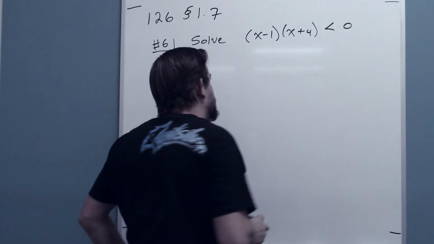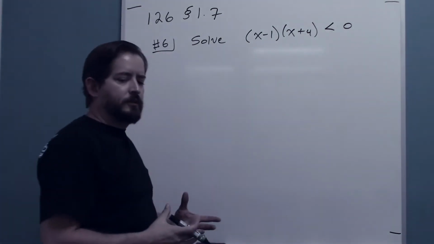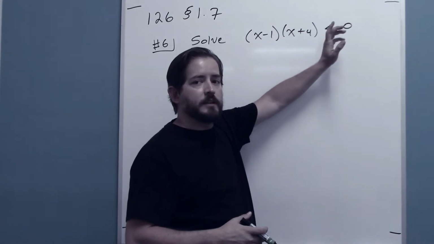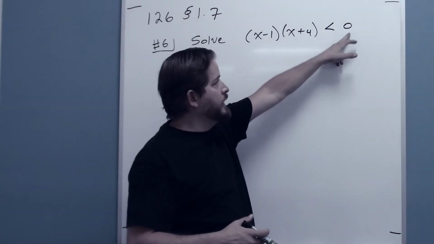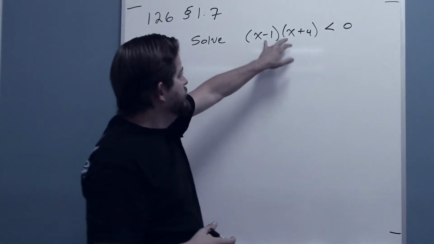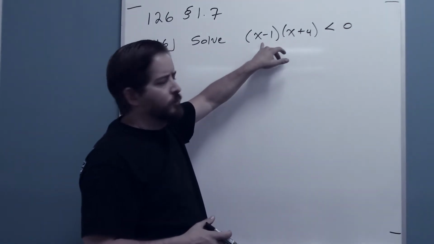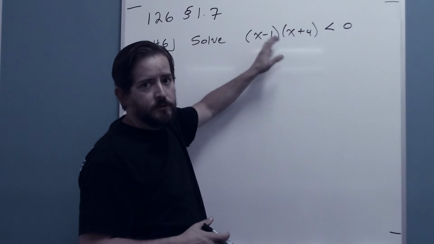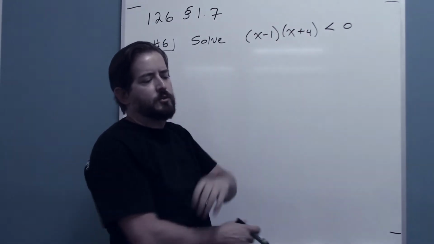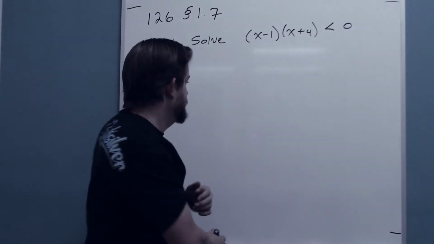Right? So I can kind of graphically visualize what's happening here. I want the 0 on the right-hand side. We're going to see one in a couple where there's not a 0 over here and what we can do about that. But for now, I know that these two things, if one of them is 0, then the whole thing is 0. If the other one is 0, then the whole thing is 0. But everywhere in between, it's either always positive or negative. So